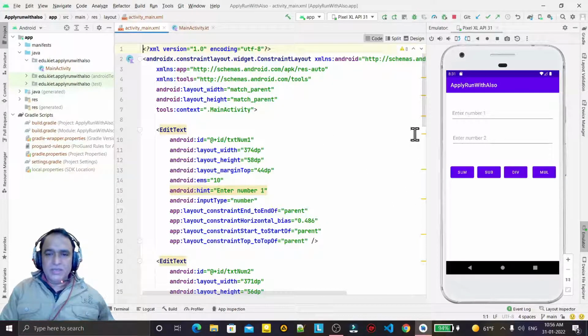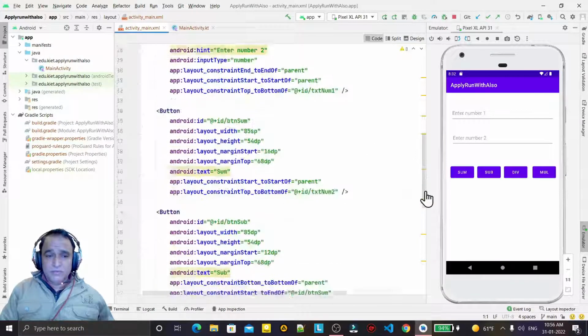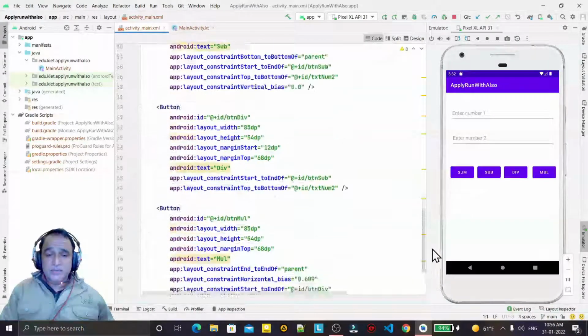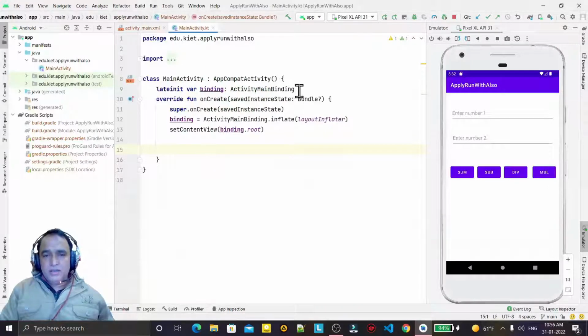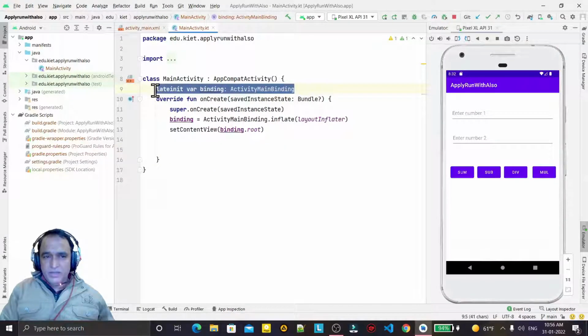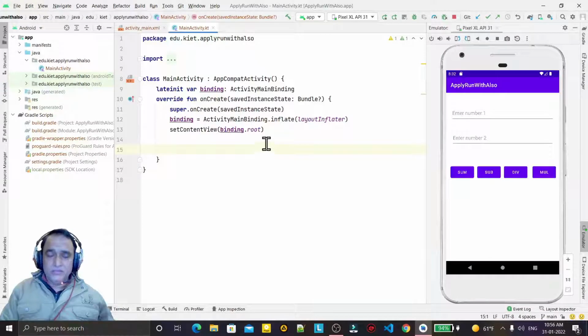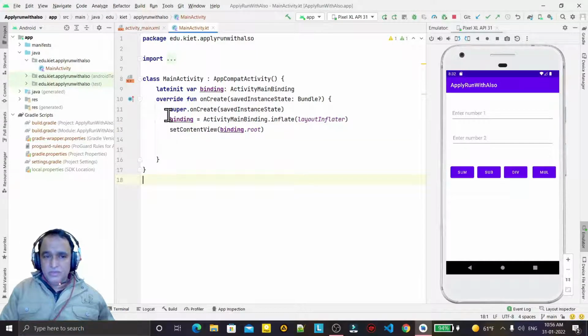So, simple designing, we have the layout as given. Now I'm starting the coding. I have already enabled view binding, and you know what view binding is. If you don't know, please see my video on view binding. View binding is a method to remove the findViewById method, and in place of this, just by using this binding keyword we can access all the buttons and text boxes.